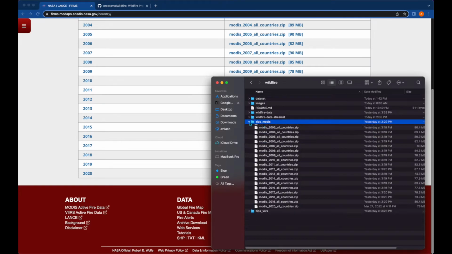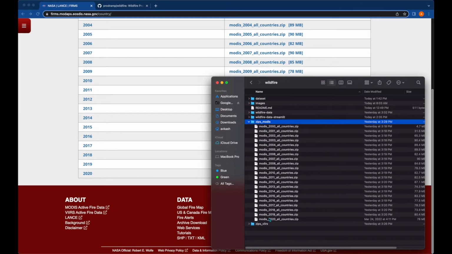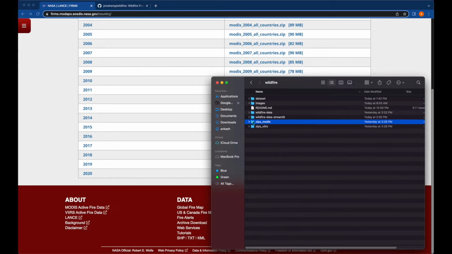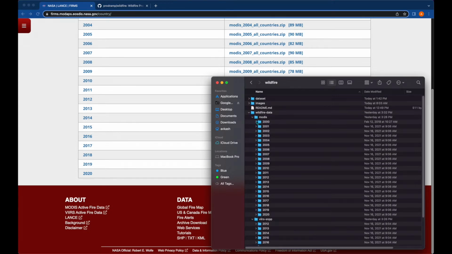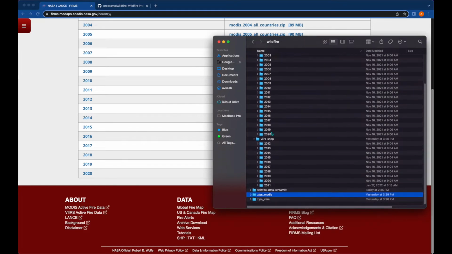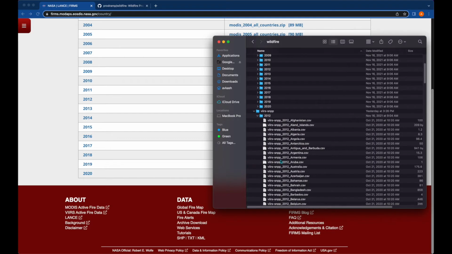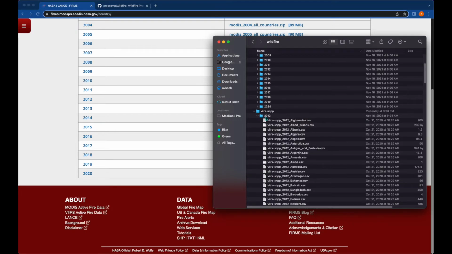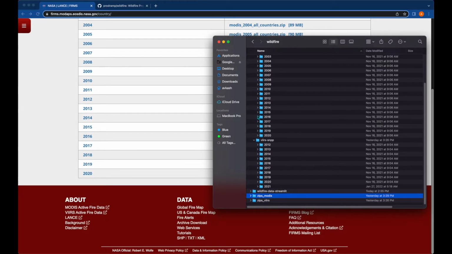Here I have downloaded all the zips from the MODIS instrument for all 20 plus years, like 2000 to 2020. And here is VIIRS for all countries. When I downloaded and unzipped it, all that data is unzipped here from MODIS. This is year-wise data, and here is the year-wise data for VIIRS. If you look into these files, they are created for each country: MODIS 2020, then the country name, and the same thing for VIIRS, SNPP, then the year, and then the country name. So that's how the data is created